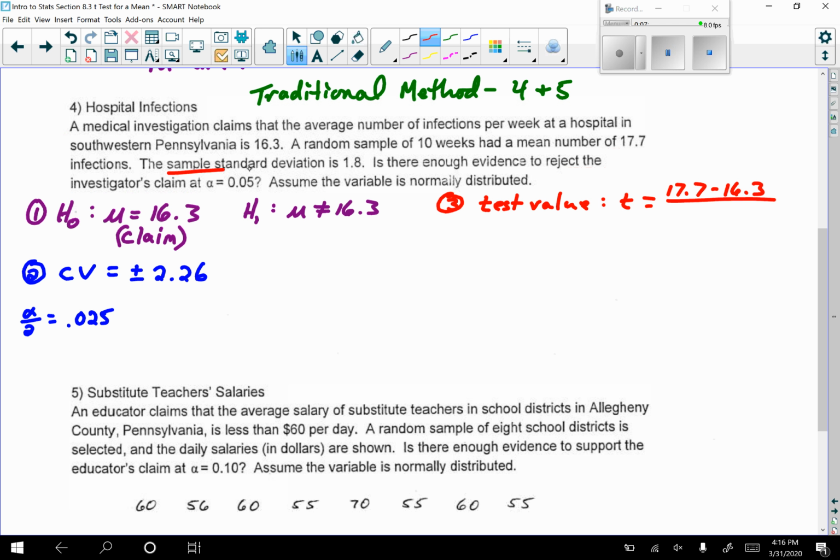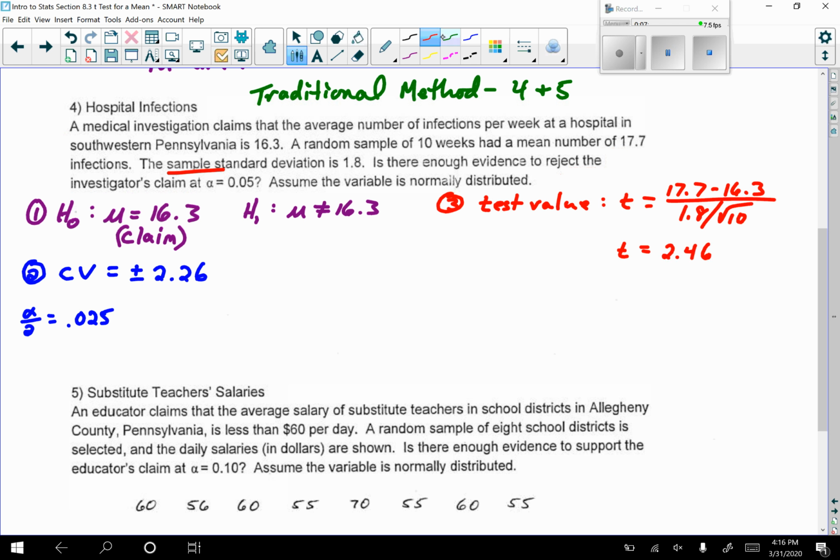That's key, telling us we need to use a t-distribution. It's either going to say sample standard deviation or standard deviation. That implies that we use the t-distribution. It has to say population standard deviation to use the z-distribution, the normal distribution here. So we'll have 1.8 divided by the square root of 10. So our test value comes out to be